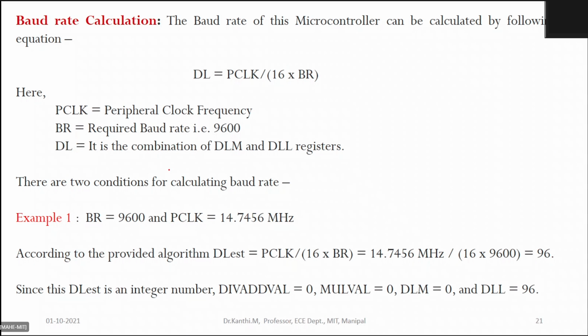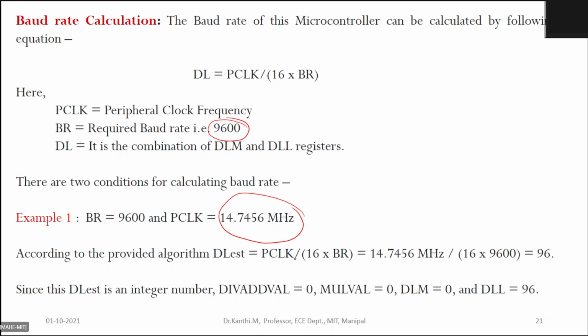So supposing I want to go for 9600 baud rate with the peripheral clock given as 14.7456 megahertz. In that case, you calculate the values.